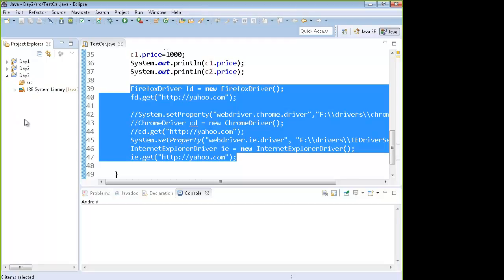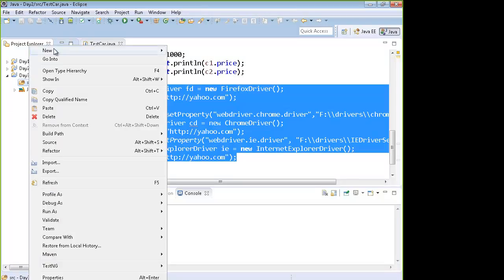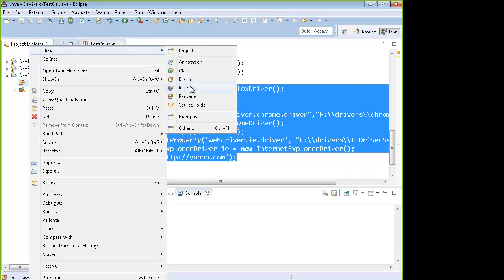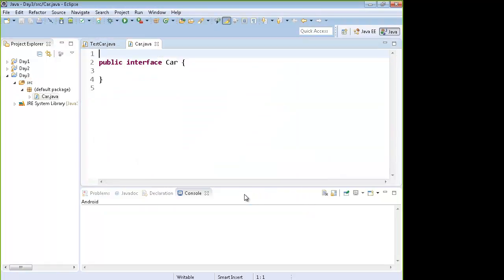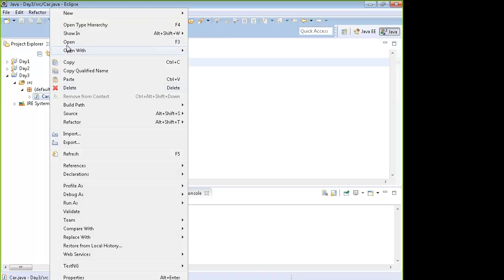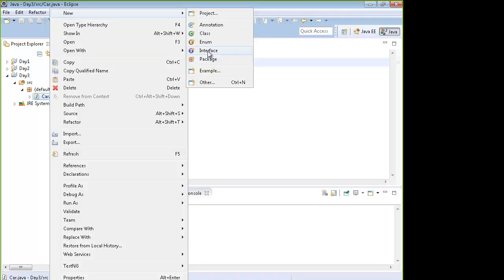So out here, if I right click and go to New, Interface, I can create an interface known as, for example, Car. I'll make an interface known as Car. Now, what do you mean by interface? I never created a class. I created an interface. Look,